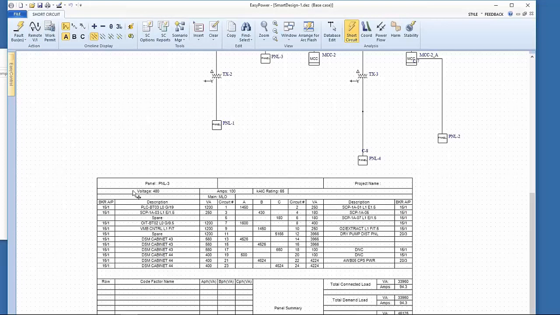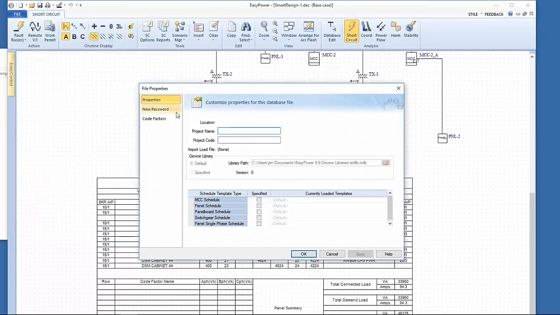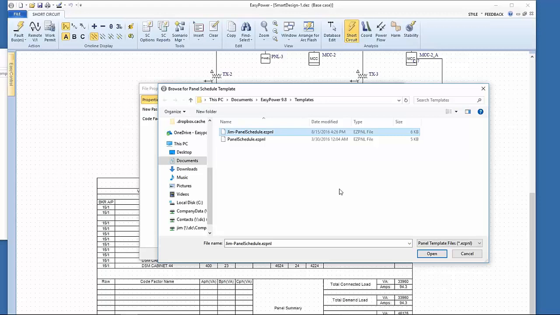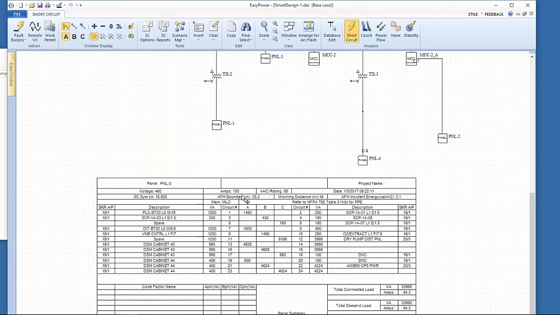You have control over which template's being used, and you find it under Files, Properties, Custom Panel Schedule, and you have to select it from the XML file that's customized and saved, and as you do that, it will allow you to include the extra data that's been selected. Okay, sorry for being rusty on the presentation, but it seems like we've gotten across most of the information,